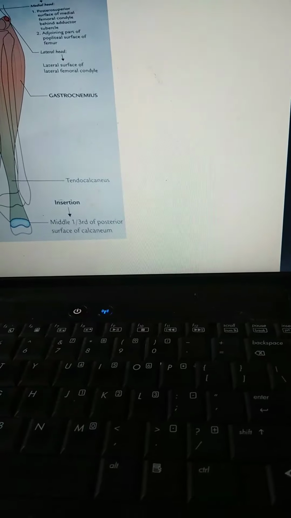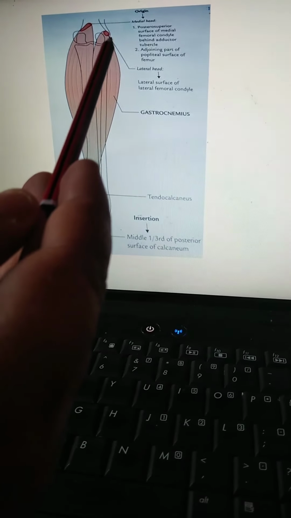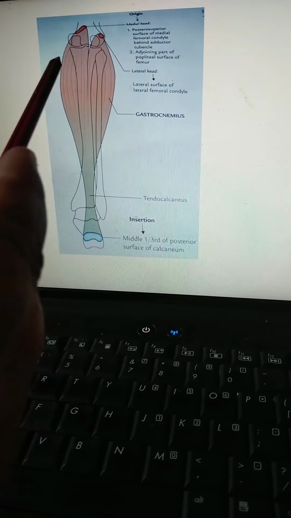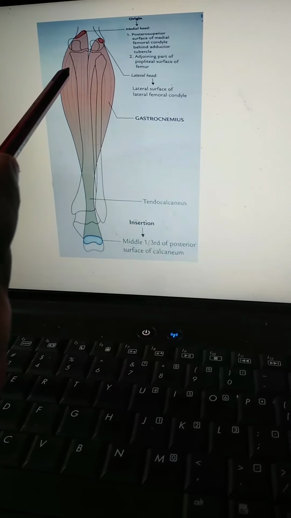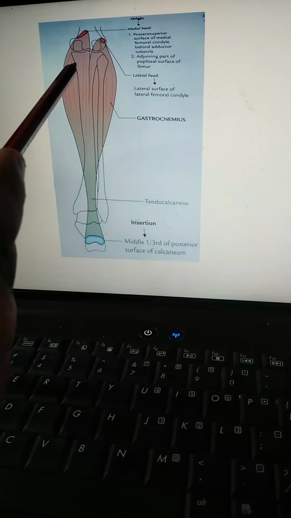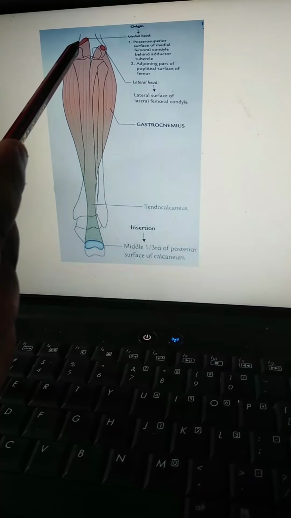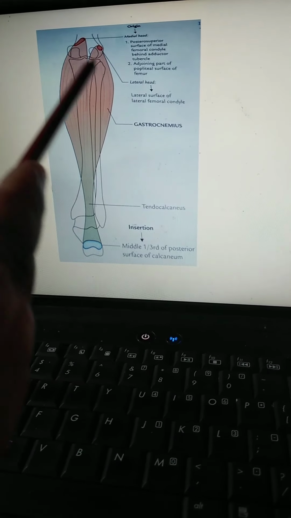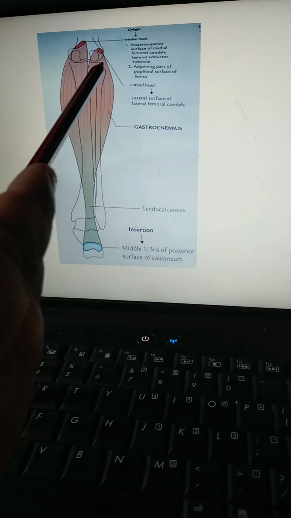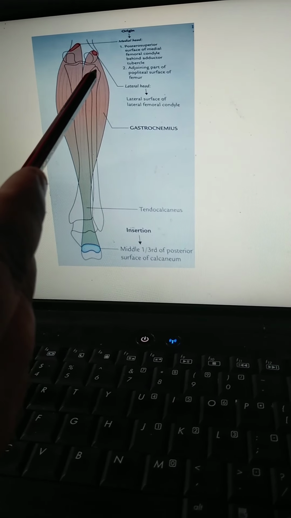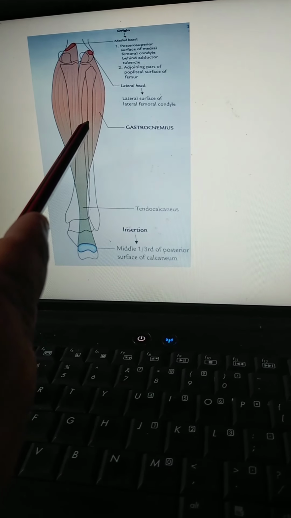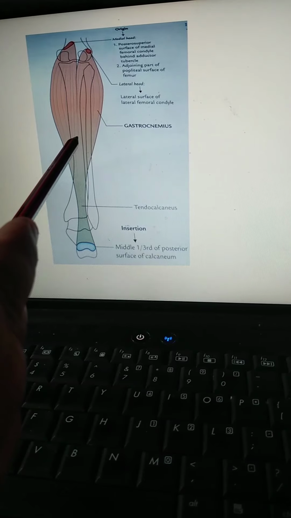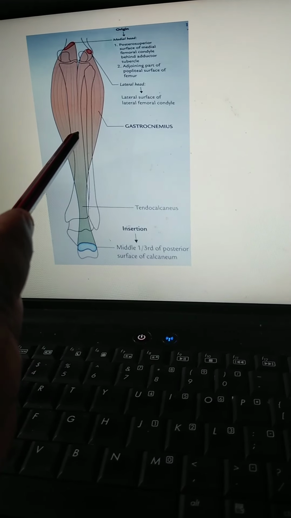We have gastrocnemius. It is the largest and most superficial muscle of the posterior compartment. It consists of two heads, medial head and lateral head. The medial head arises by a broad flat tendon from the posterior superior aspect of the medial condyle of the femur, and the small lateral head arises by a broad flat tendon from the lateral surface of the lateral condyle of the femur. The fleshy bellies of the two heads descend and unite at the middle of the leg to form a broad thin aponeurotic tendon,